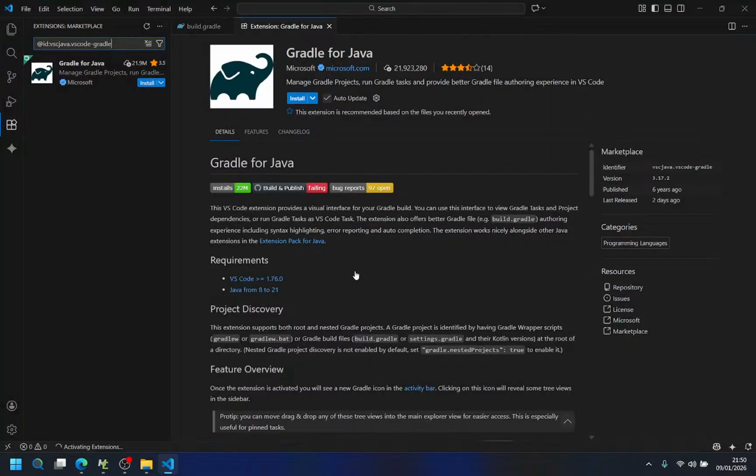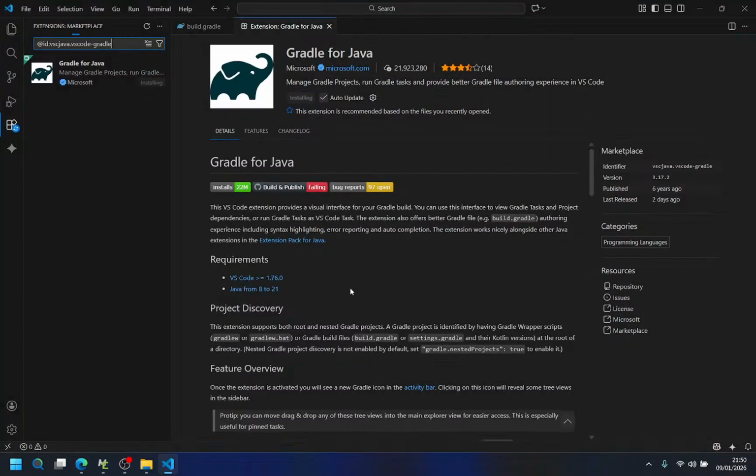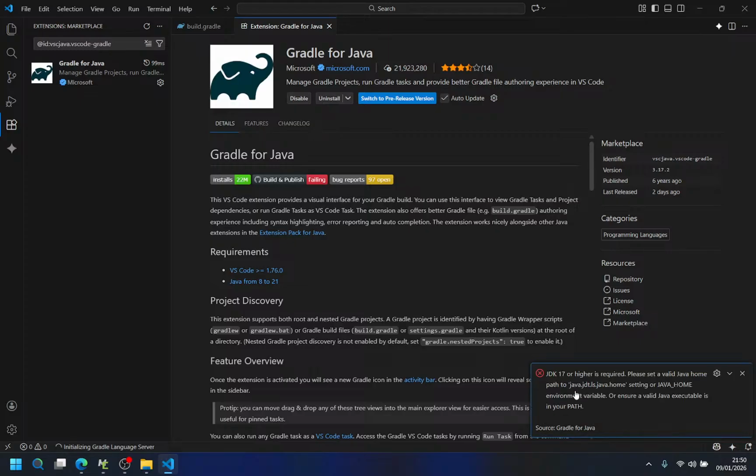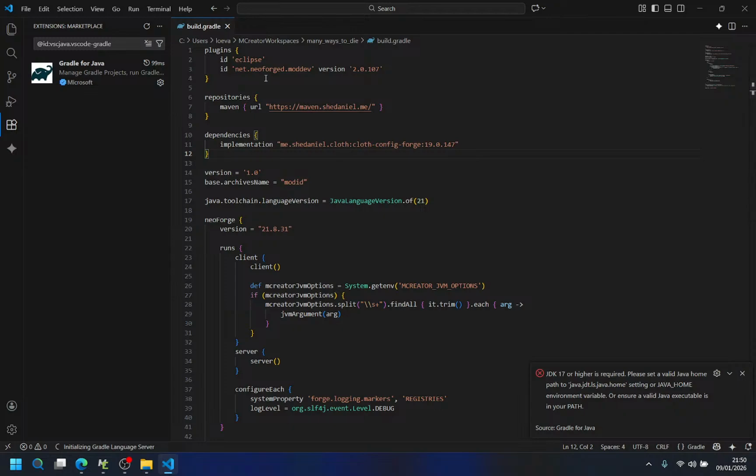Maybe it might be great to have this specific extension. Oh, I need to install Java now.